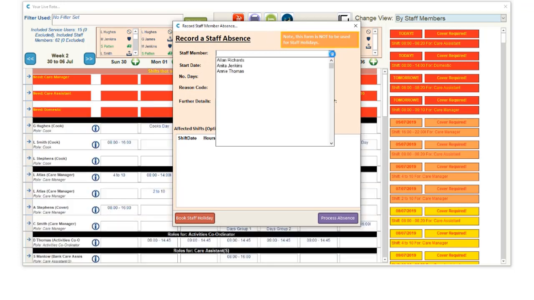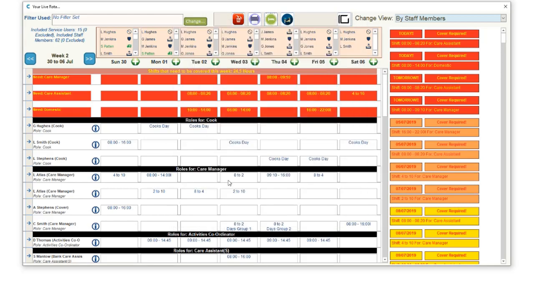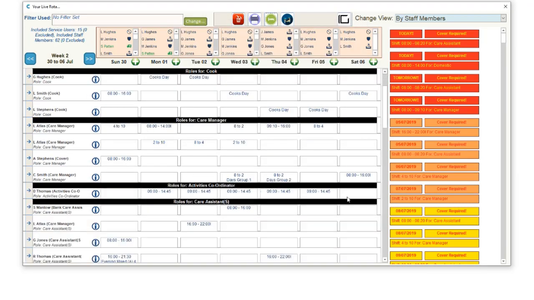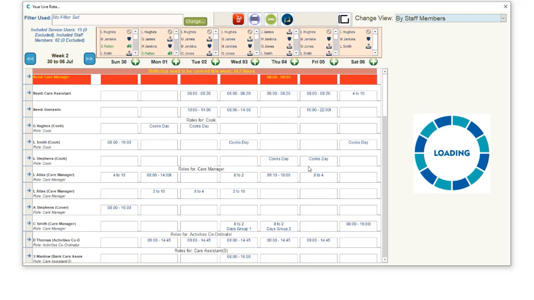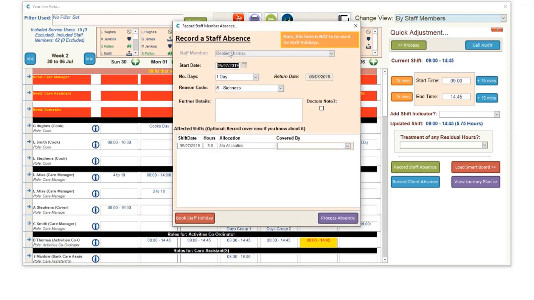And here you can select the staff member, set the date, number of days, etc. Or you can simply select the shift, click record staff absence, and now it's going to load up with that staff member automatically loaded. We can set the number of days, so if she's going to be off for 4 days,